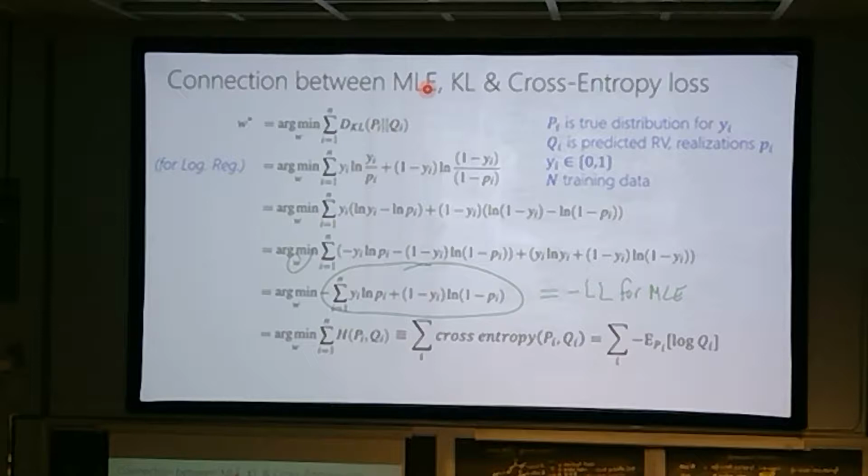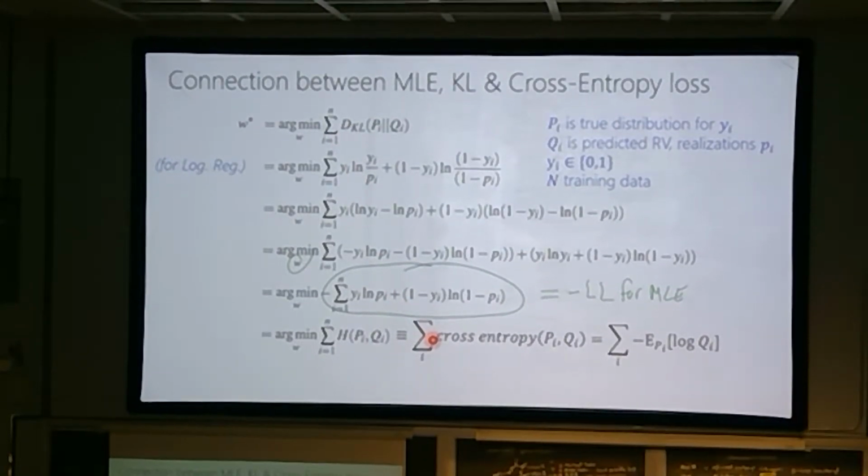I think the easiest way to see it is to start with this KL divergence and say, imagine that was my goal. Well, that goal would yield the same parameter estimate as maximum likelihood, which would yield the same thing as if I used the cross entropy loss. So they're basically all the same thing. If you want to go through the details on your own, step by step, you can, although I think it's relatively straightforward. Any questions on that?